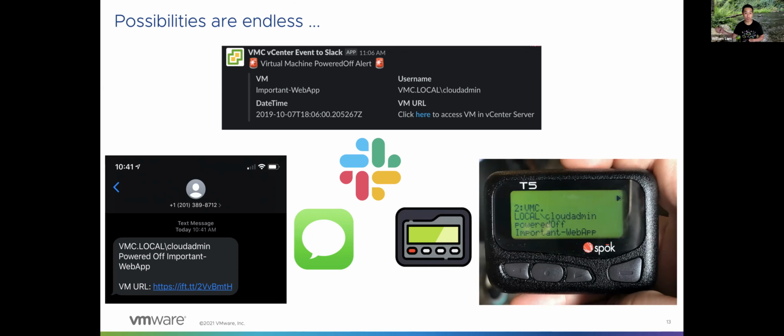At the end of the day, it's anything that has an API endpoint. If you can talk to it over REST or any other protocol, you can consume it and write that function. All you had to do here was figure out that you wanted the powered off event, identify that in VEBA, and then write just enough code. In all three of these cases, it's a simple curl or Invoke-WebRequest example to that endpoint with your authentication and the payload that you want to generate. So a really basic example, but hopefully it shows you how powerful the solution can be, and it really focuses on the problem that you're trying to solve and not how to use the vCenter or vSphere APIs.